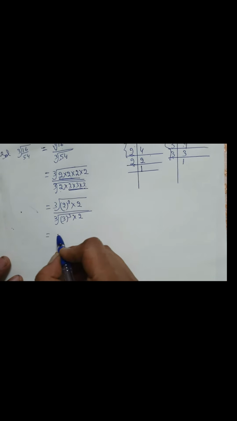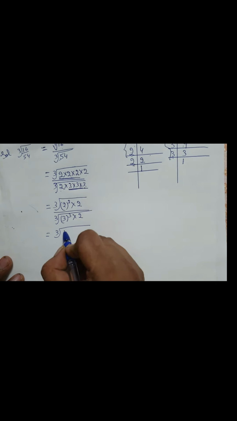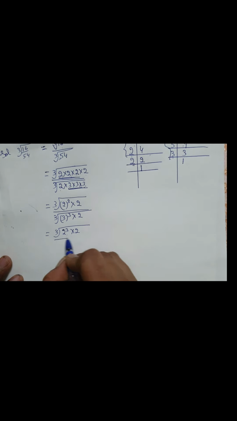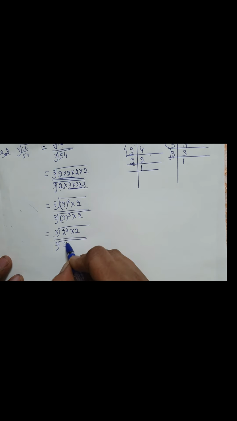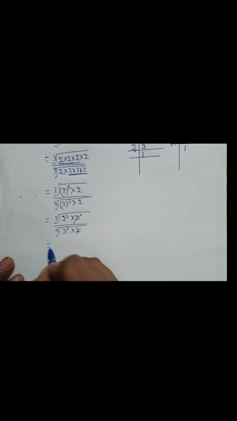Now again equal sign, this cube root we will put, and this 2 cube multiply by 2. We have to remove from the bracket out first. So we removed from the bracket out. Then again cube root and this 3, remove it from the bracket out, multiply by 2. Now this 2 and this 2 will get cancelled. Okay, now what remained over here? We will again put this sign, this cube root. Now what remained over here? 2.